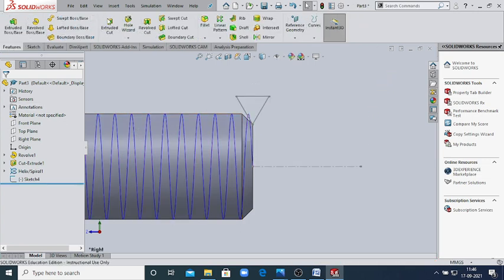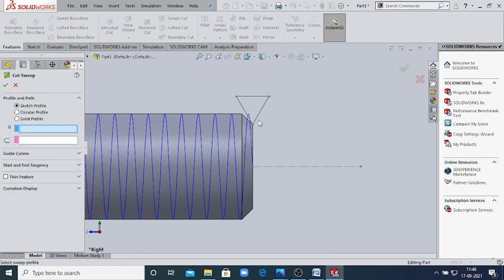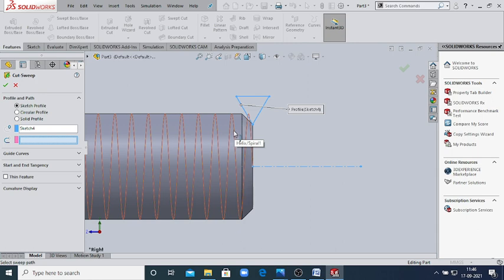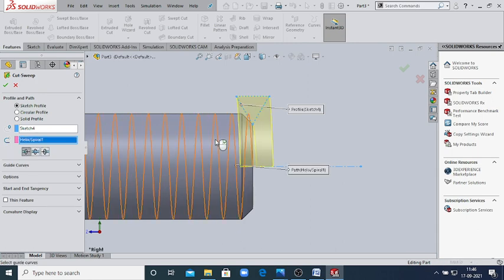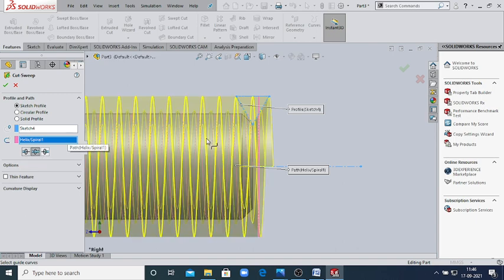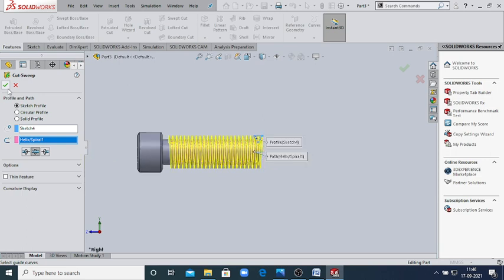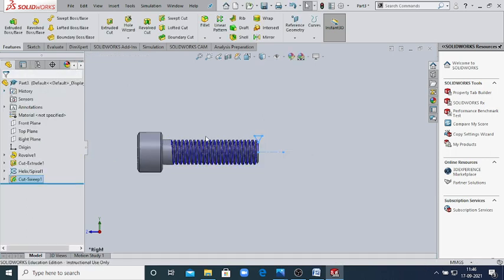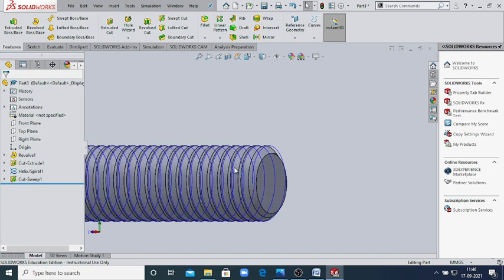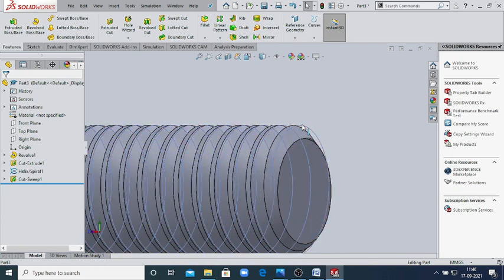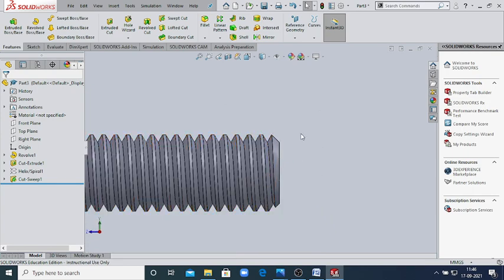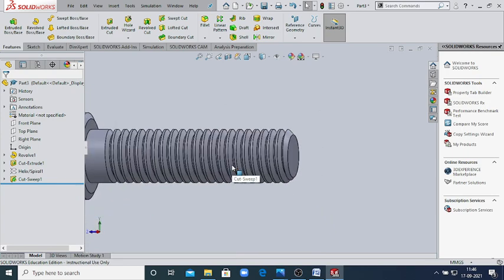Now select features, then swept cut, this one and this path. Okay, so our thread is ready. Then okay. Now just hide these blue lines. Now our right hand thread is complete.